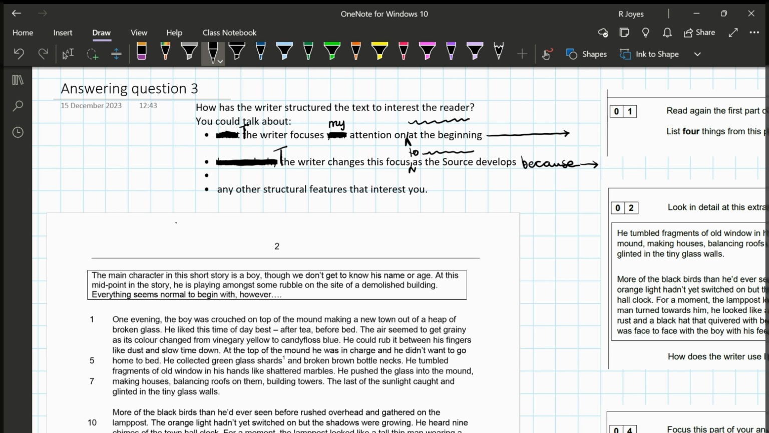Now, the last bullet point doesn't give us any help for our third point, but it's pretty logical, yeah? If we have talked about the beginning with bullet point 1, and we have talked about the middle